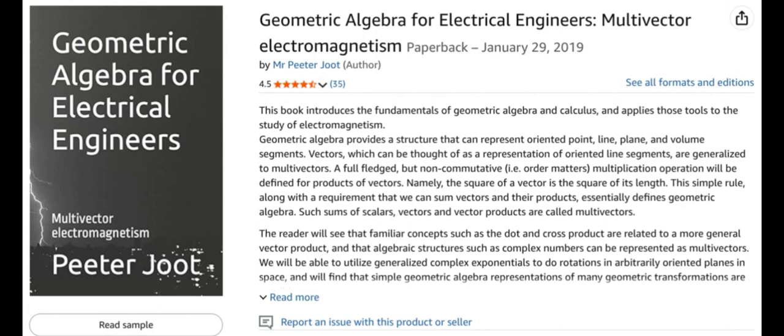Okay, so the reason I started this series anyway is because I bought this book, Geometric Algebra for Electrical Engineers, Multivector Electromagnetism, because I'm interested in geometric algebra. I don't know why. I just find it fascinating. And this jumps straight into Maxwell's equations, boom, right in your face. And I just didn't remember them. I mean, it's just been too long since I studied them in school, never used them again the rest of my life. So I don't remember them. So that's why I bought another book,